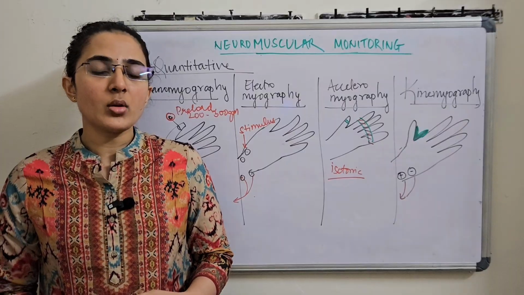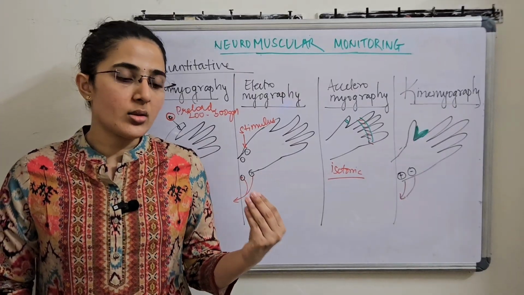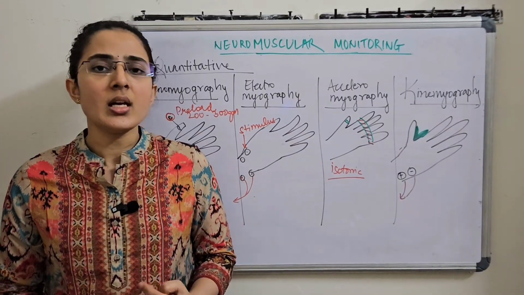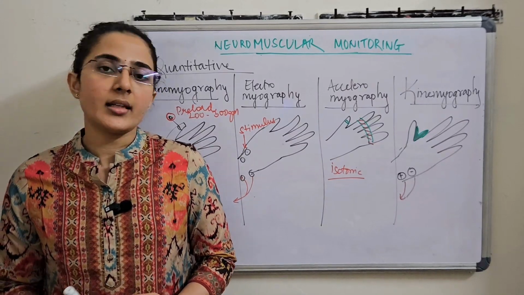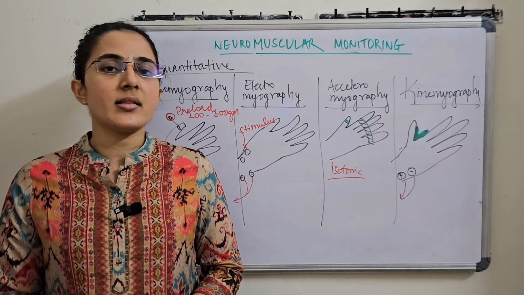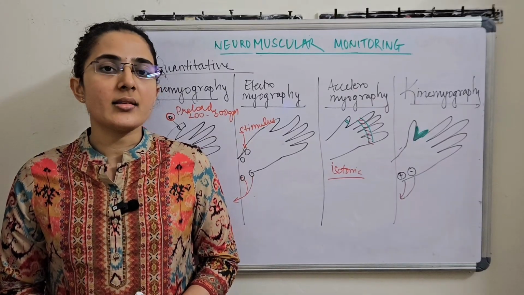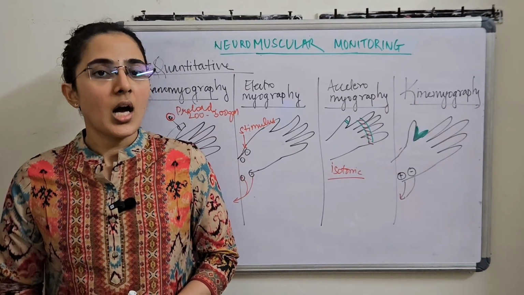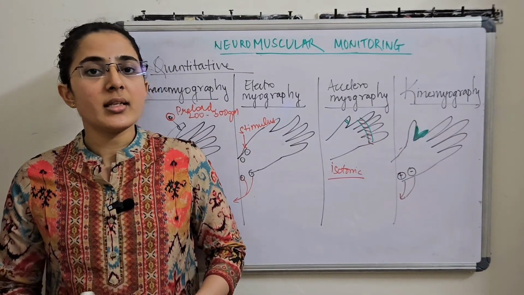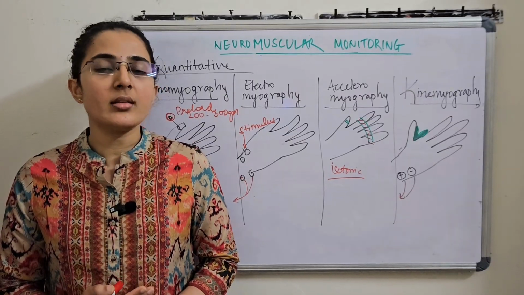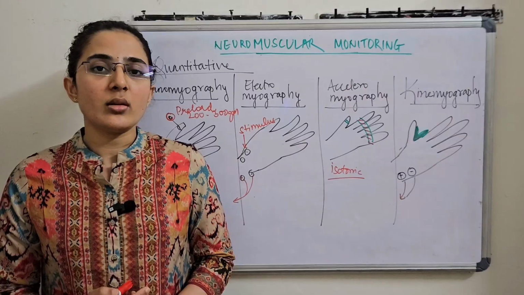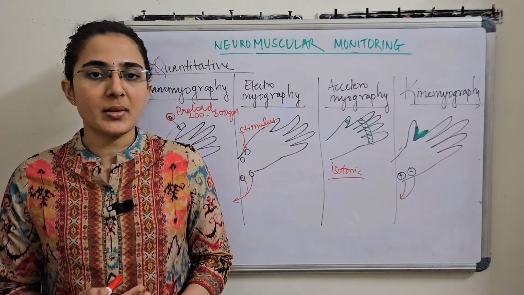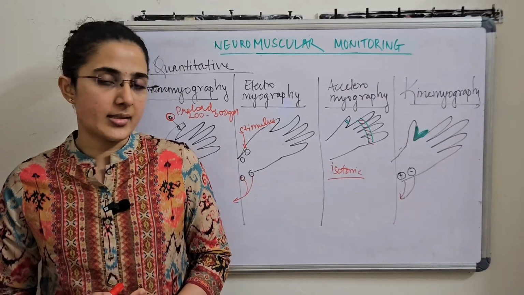So when we come to the criteria for extubation, clinically we look at criteria like sustained head lift for 5 seconds or hand grip for 5 seconds, ability to protrude the tongue, eye opening for 3 seconds, ability to generate an inspiratory pressure of more than 25 centimeters of water, and also adequate tidal volume and respiratory rate.